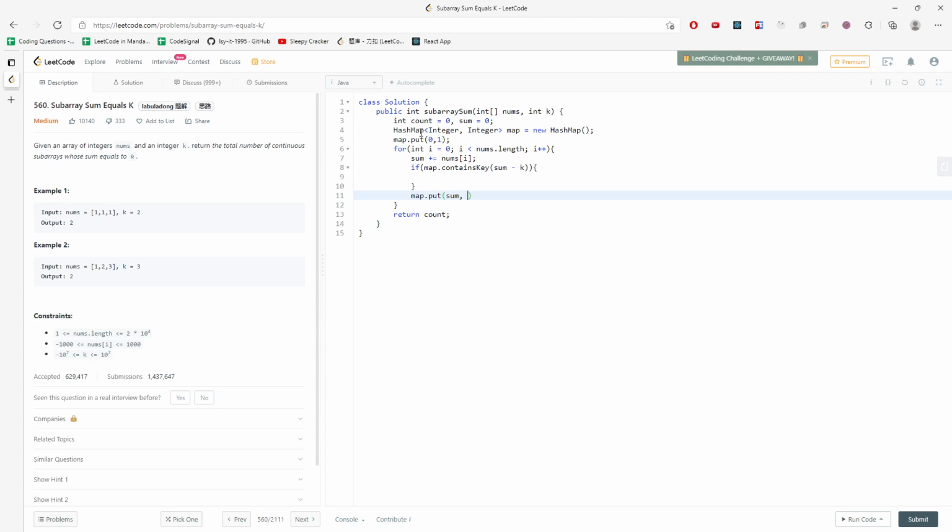So I will just keep adding to my map, and I put my sum and also the default value, or the value I stored in the map, right? So map.getOrDefault. So it's either what? It's either the sum or 0, right? And then plus 1. So if I do find 1 in the map, then count will plus equal to map.get